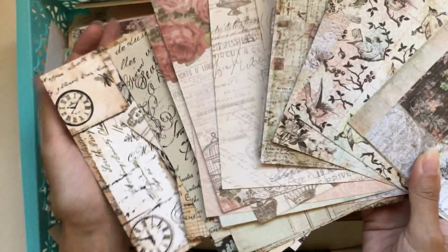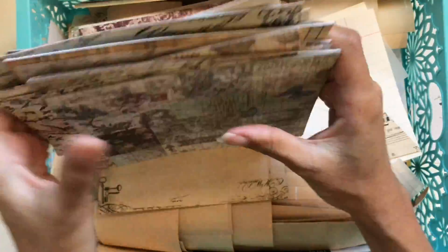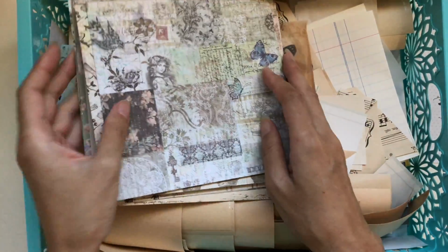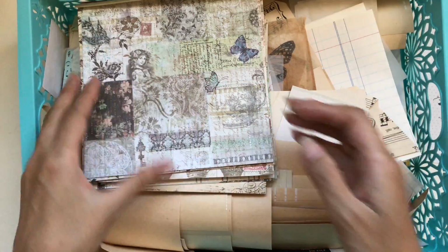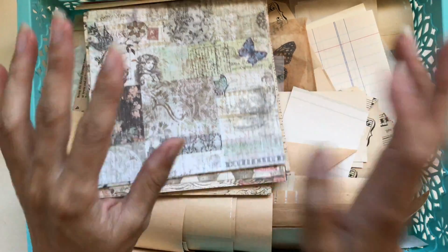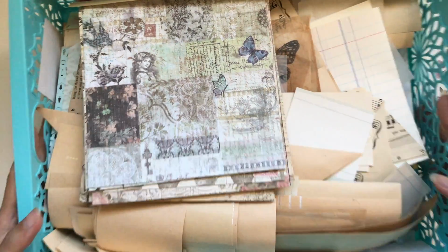Yeah, so this is my style. This is definitely my all-time favorite style, and this is kind of what I'm getting into more now. When I'm buying supplies, I'm trying to get the things that I like now instead of just everything. I've already pulled out some of the things that I want to use